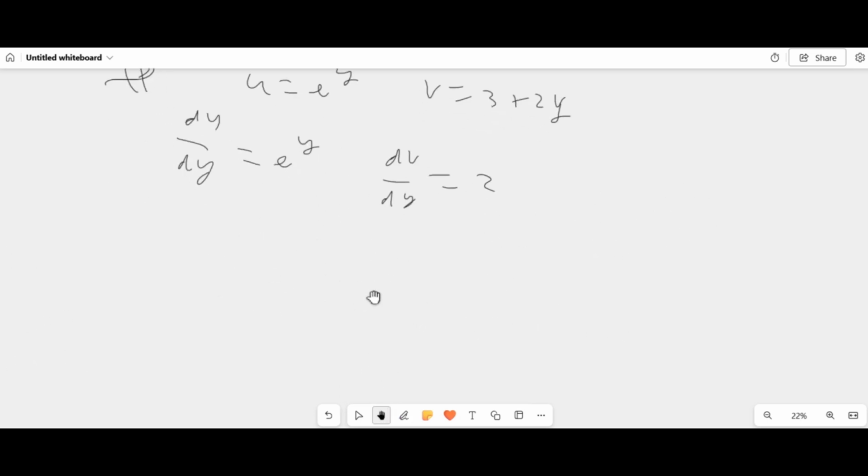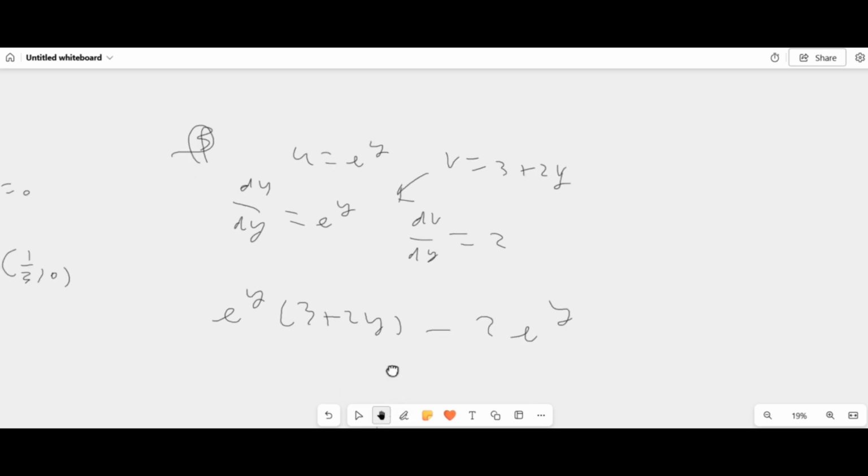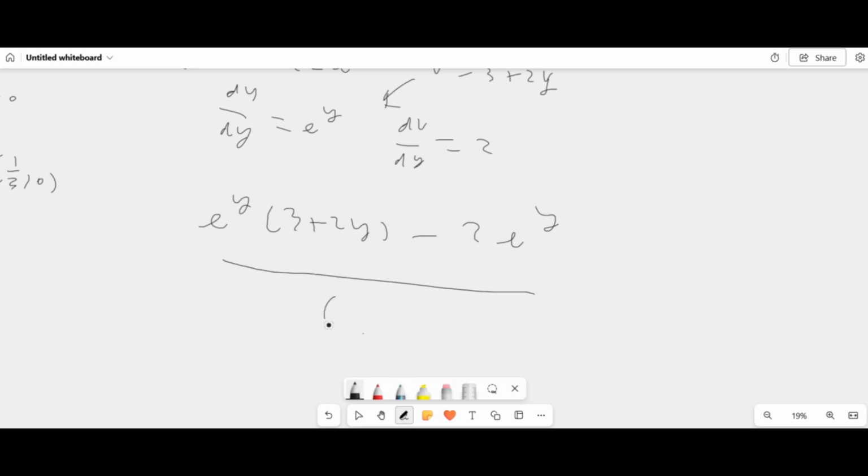Alright, so same thing here. So v times u', that's going to be e to the power of y, open bracket, 3 plus 2y, and then take away 2 times e to the power of y, yeah? Then all of that over v squared, which is over (3 plus 2y) squared. Now e^y times 3, that's 3e^y, and 2y times e^y,